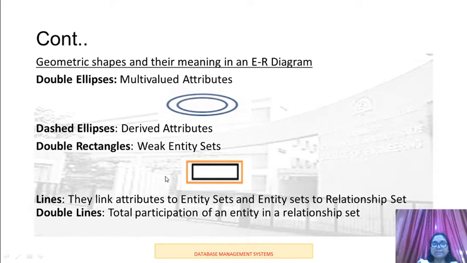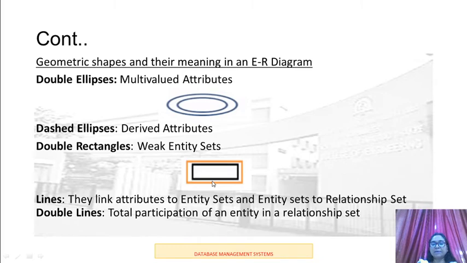Then there is the weak entity. There are two types of entities: one is the strong entity and another one is the weak entity. So what is a weak entity? A weak entity is an entity which is dependent on other ones. So that is called a weak entity. So for example, a bank account. Suppose we are showing a bank account, but suppose we don't know the name of that particular bank, then we cannot say that this bank account gives some identity, or the bank account alone is not sufficient to show the complete information of the bank.